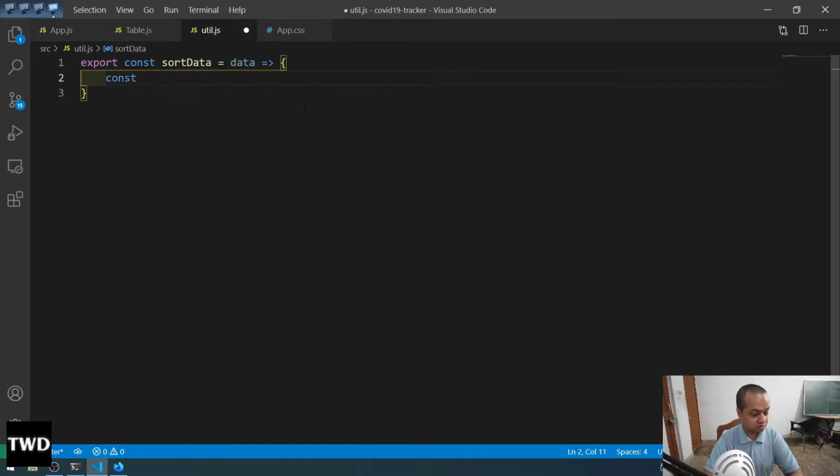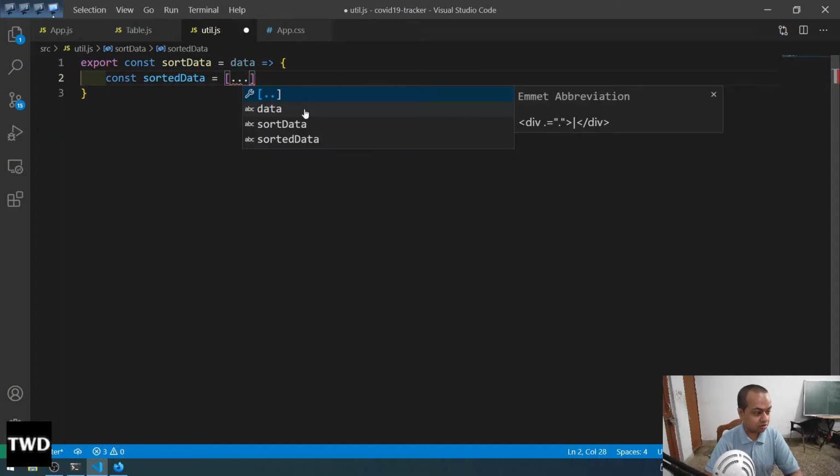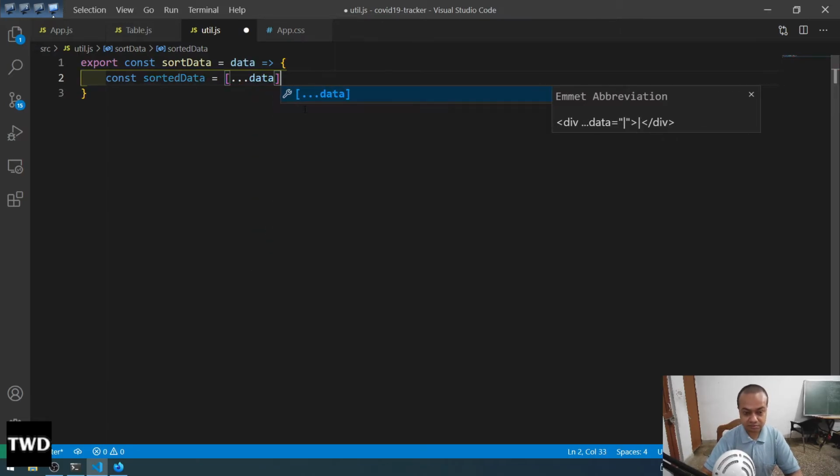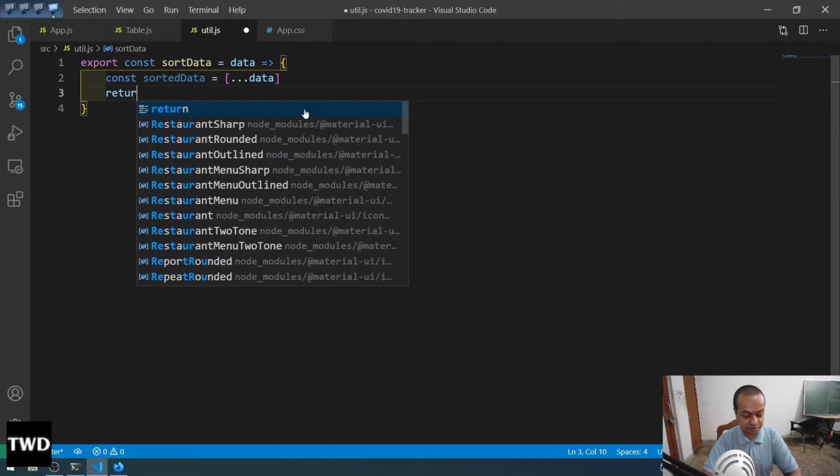Const sortedData equal to, dot dot dot, data. I don't want it like this, it is okay. So we are using the spread operator: spread the data, spread the array. So return